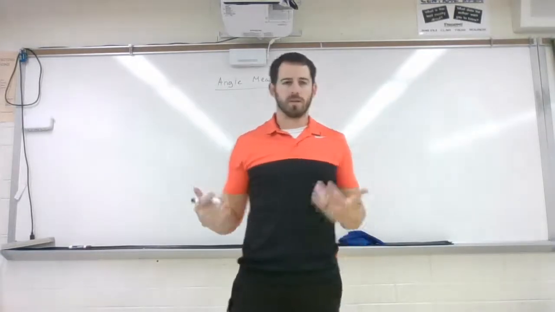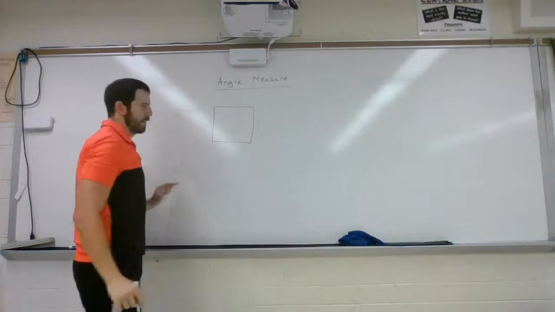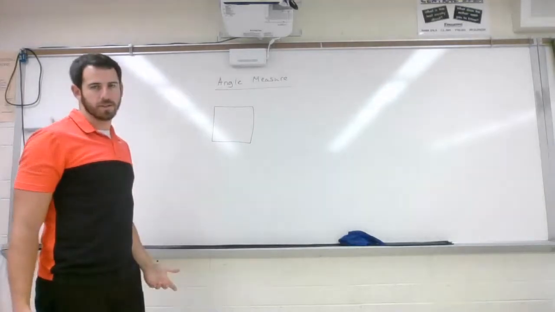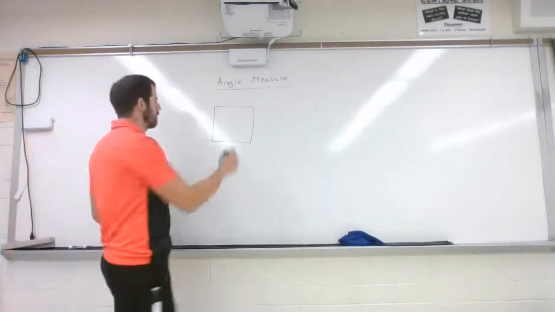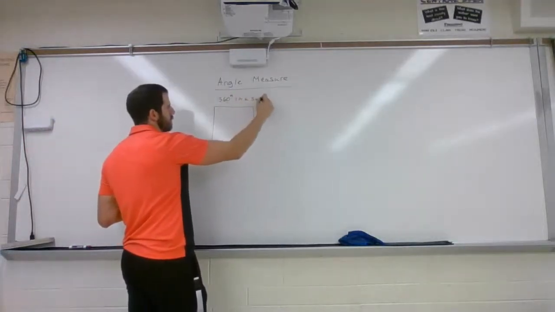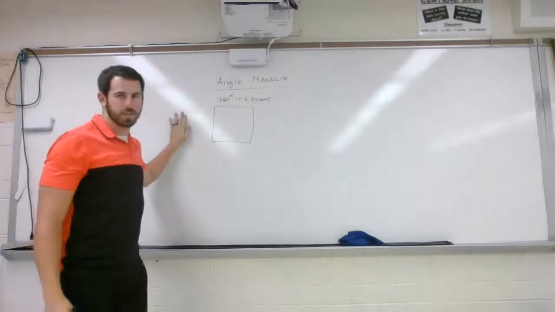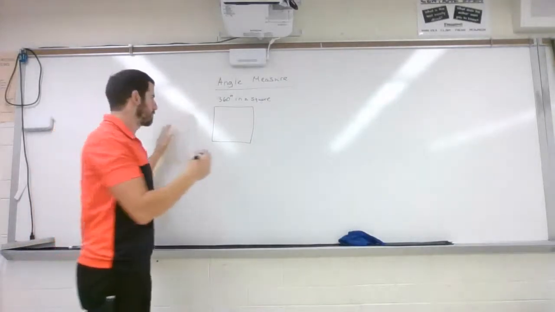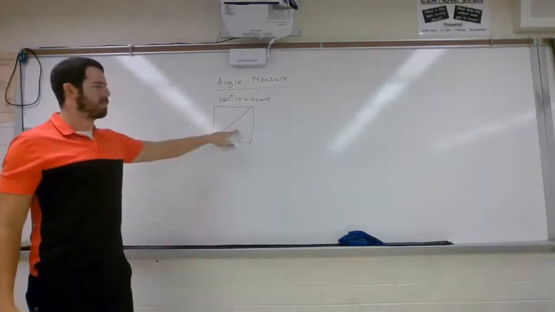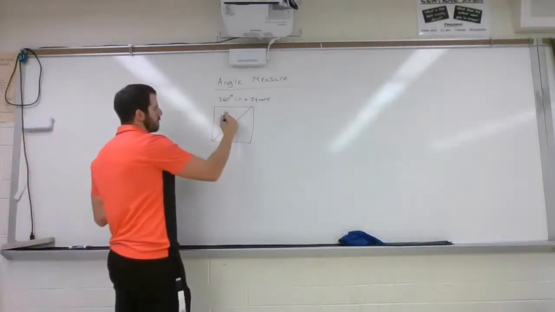So let's get started with just a square. If we're looking at a square, pretend this is a beautiful square. A lot of us know that each of these angles is 90 degrees. Perfectly fine. So we have 360 degrees in a square because we have 4 times 90 is 360. And from this, if I just cut this in half, I just made 2 triangles. Well, if we're cutting it in half, that means we just cut the degrees in half. So that must mean a triangle